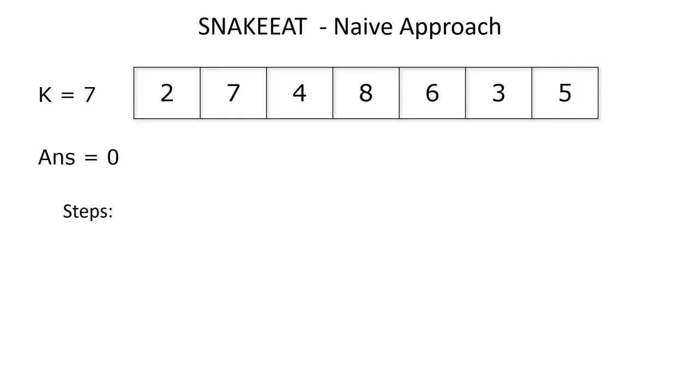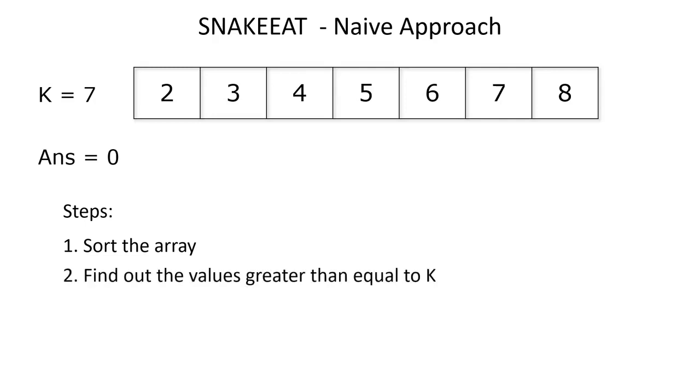We can build our naive solution on top of that. We have a k of value 7. If we have the length of all the snakes in order, we can easily say if one snake can eat another snake based on their indices. So the step 1 is to sort the array. Now if some snakes are already of size greater than or equal to k, we can add them to our answer and we have no interest in further increasing the length. So we won't allow them to eat more snakes. So the step 2 is to find out the number of snakes which are greater than or equal to k and add it to our answer.